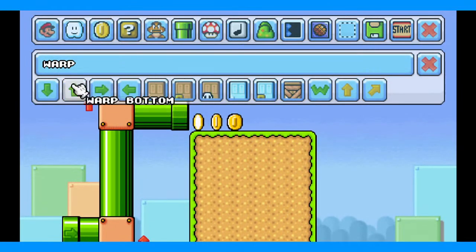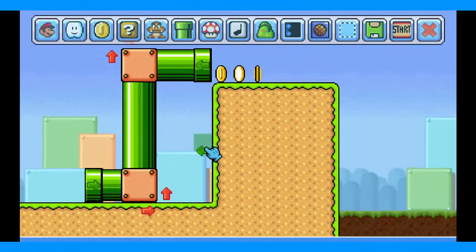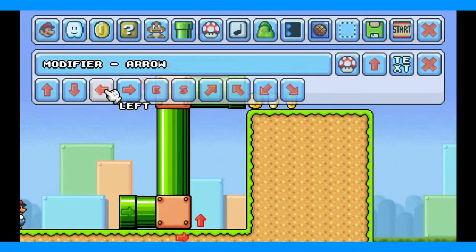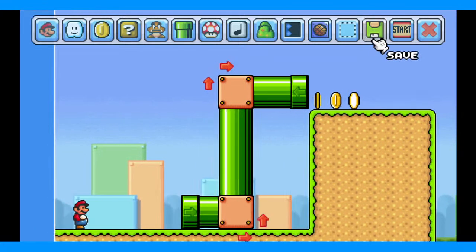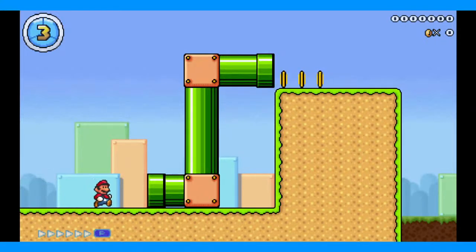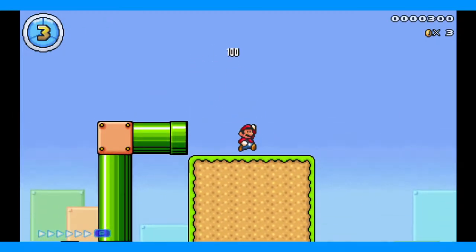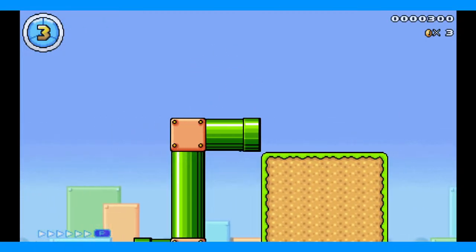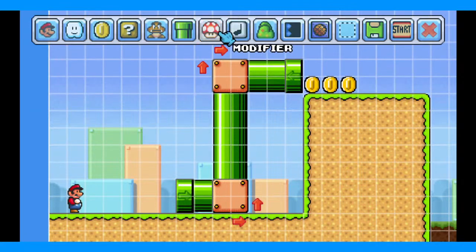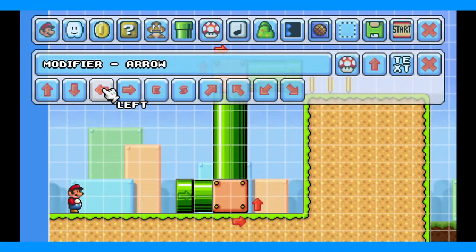So then if you want to make it so that the player can go back through the pipe, I believe all you have to do is, I don't know if you have to add any extra arrows or not, so I'm gonna test it and see. So, here's what it looks like when you go through the pipe using those arrow modifiers. Ta-da! Now, I think if you go back... Yep, okay. So, you have to actually go in and add in some more arrow modifiers to specify where he's